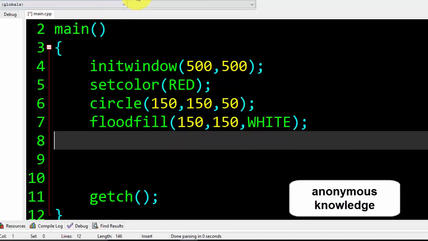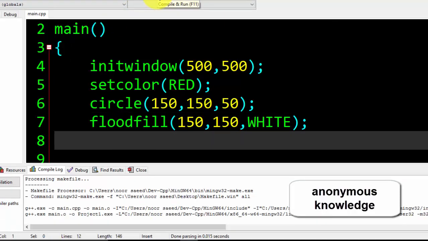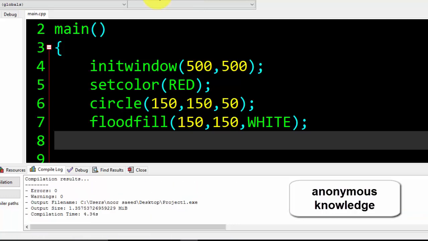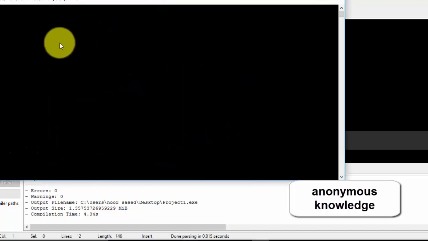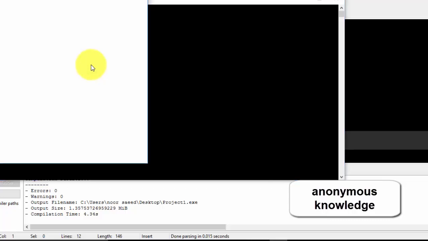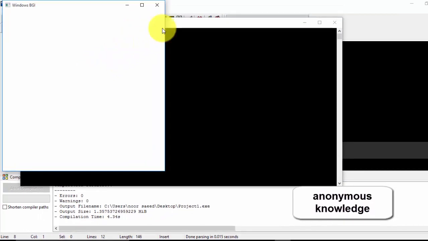If I compile and run, it will not work. It will definitely not work because we have to define another function for that, but first let me show you. Sorry for my English, I am not good at English. See, white color.